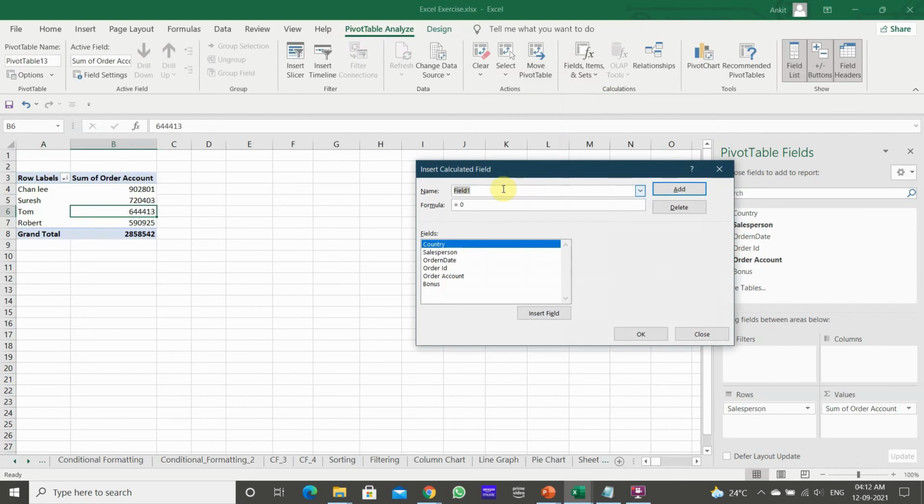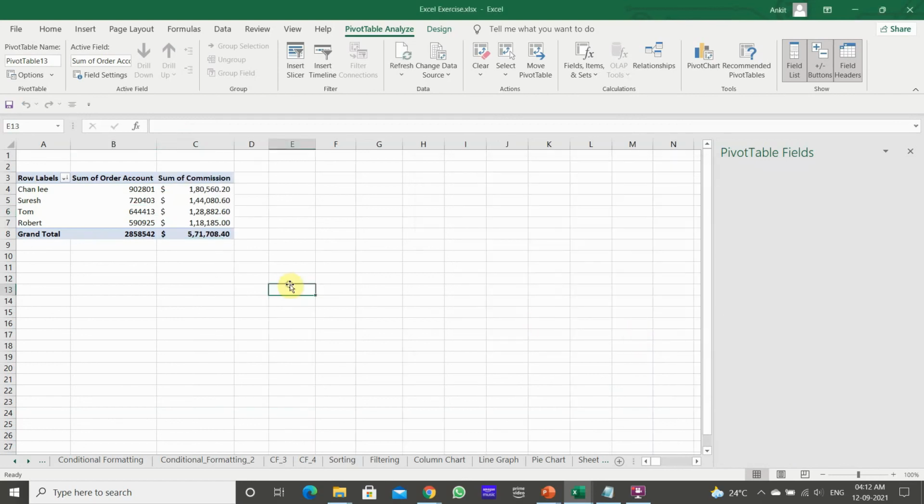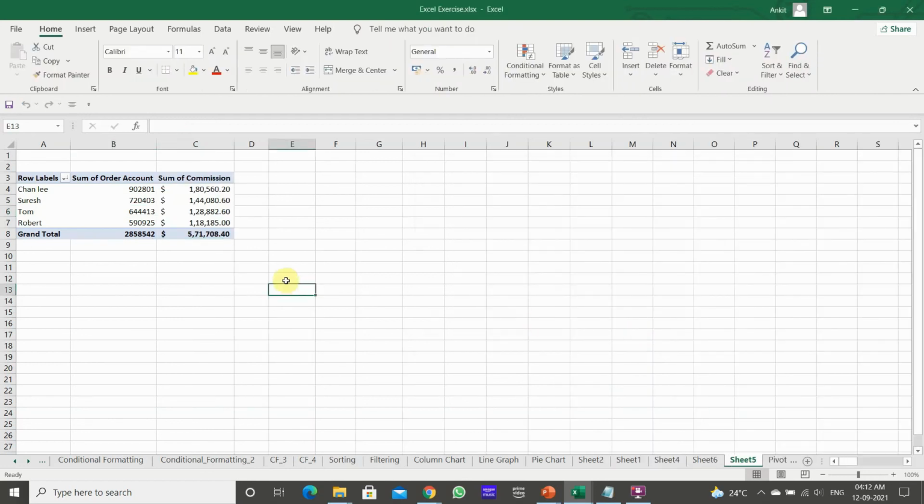Okay, I want to calculate here, the new field name will come up, that is commission. And how you want to calculate, take the order amount, insert the field, and take the commission to be 20%. Okay, add. Okay, so the sum of the commission has come up.